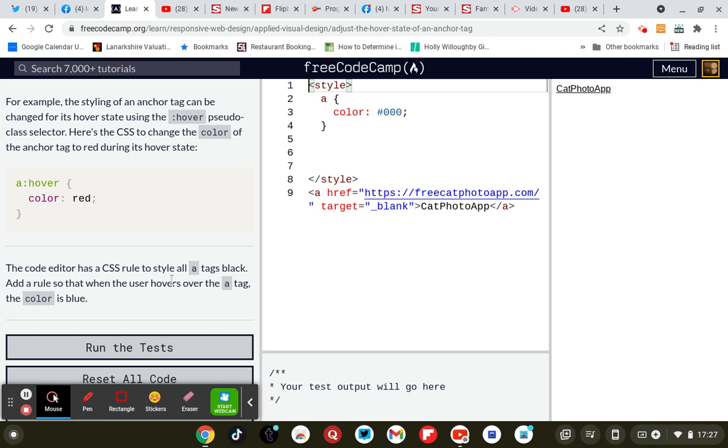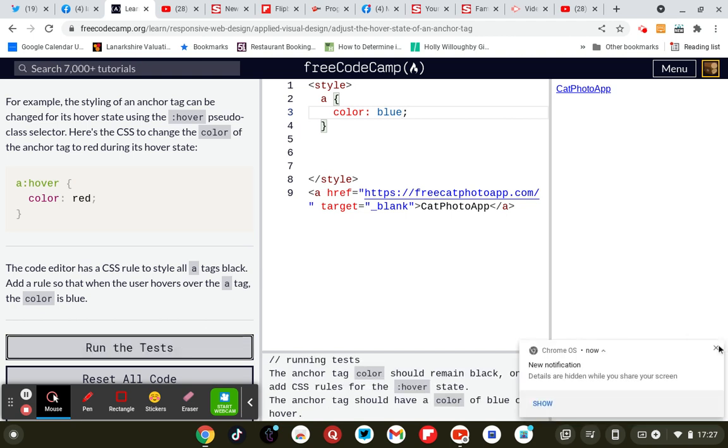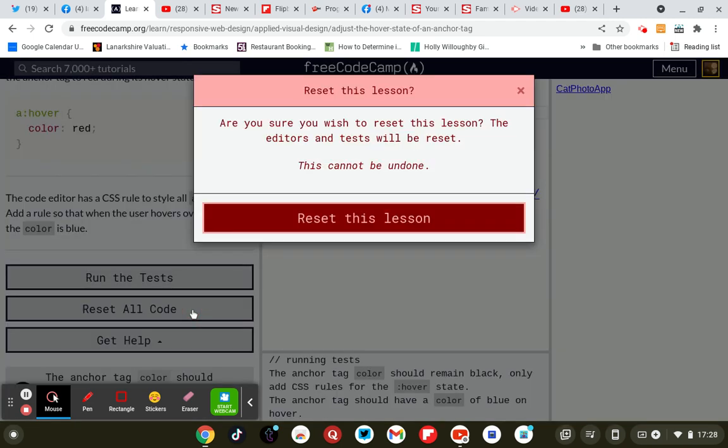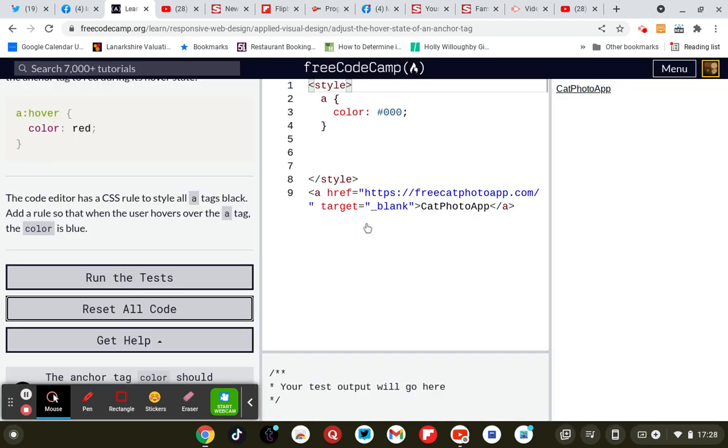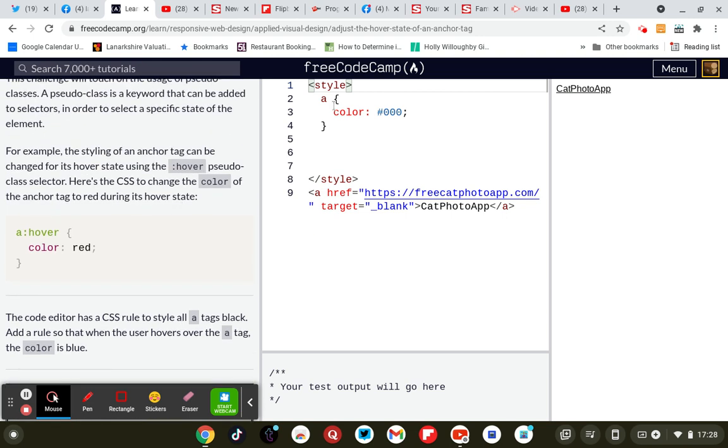So the code editor has a CSS rule to style all A tags black. Add a rule so that when the user hovers over an A tag, the color is blue. So we want to change that to blue, I think. No, we don't. Right, we'll reset the code. Reset code, reset all this lesson. So what I want to do is I want to make the A